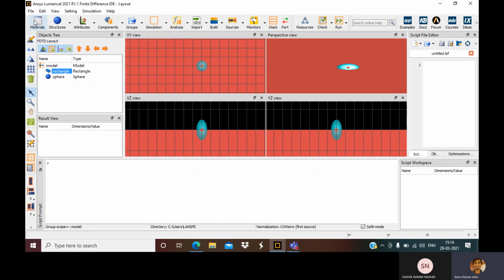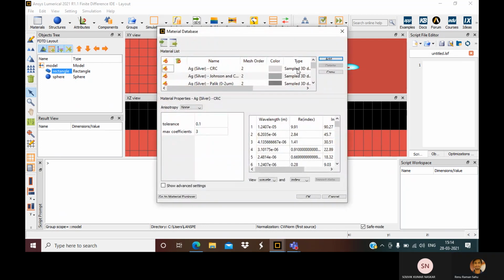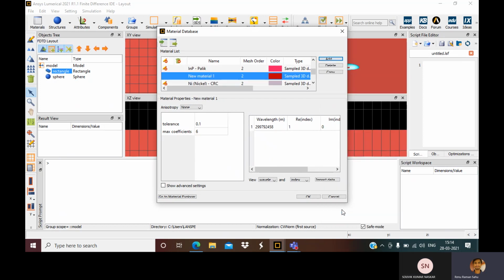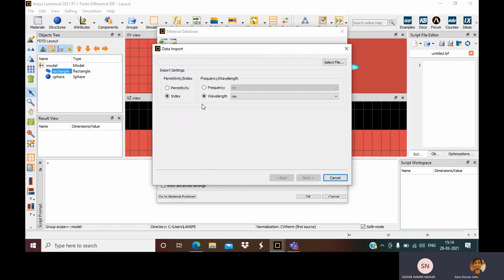So go to materials, then add, then sampled 3D data, then here LIQ, that's liquid gallium. Then there is import data. It is not visible somehow, but in my case also it cannot be visible.